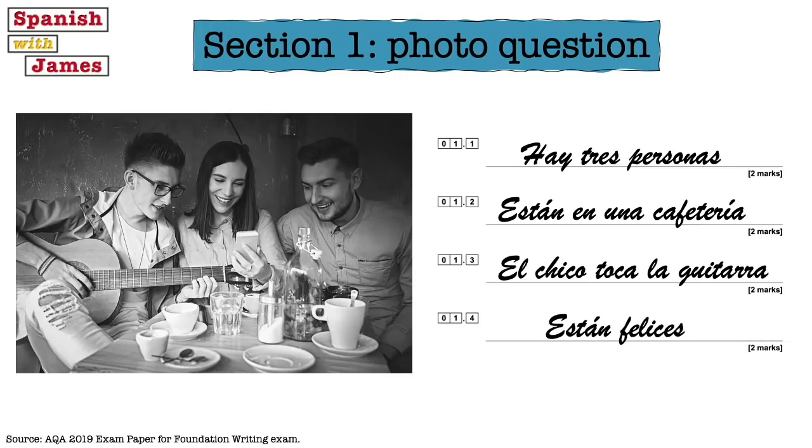Están felices, or we could extend that and say, pienso que están felices, I think that they're happy. That would get you 8 marks out of 8, so it's quite easy to succeed in this first section of